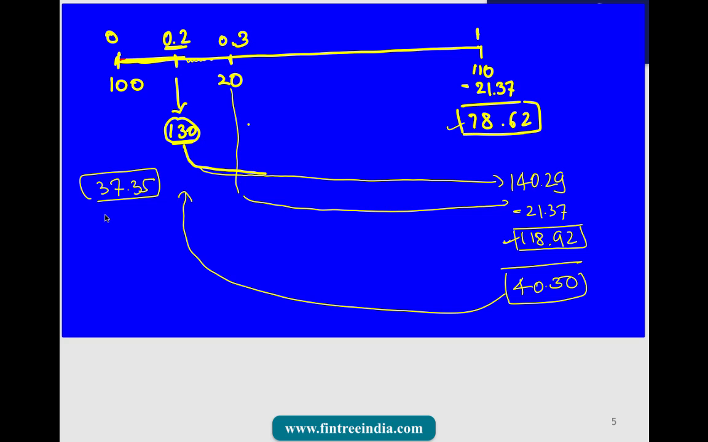Now one small trick here that we could have used, only for understanding purposes, if you observe, 78 is calculated as 110 minus 21. This is calculated as 140.29 minus 21, which is 118.92. Now we are taking the difference of 118.92 minus 78.62, which is 40.30, and then that difference 40.30 we took backwards, and that gave us the final answer as 37.35. Moving forward,